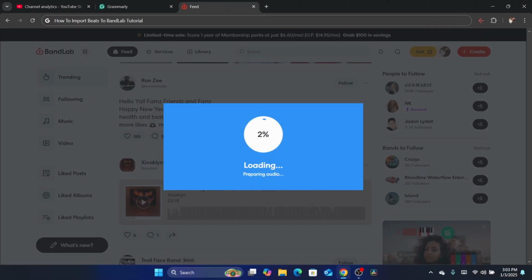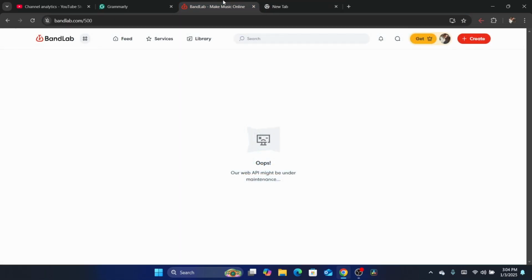Now after that, guys, it's going to take you to this page. Just give it a few seconds. As you can see, it says loading, preparing audio. Now make sure the audio format is MP4. If it's not MP4, you can just go, and it says here our web might be under maintenance. Just give it a few seconds here, and see, it seems like it's under maintenance, but don't worry,